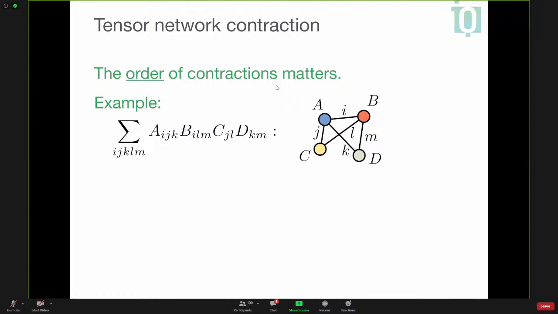Okay, and so here I wanted to illustrate this with a slightly more complicated example, just to build up the complexity of the tensor networks. So here's another tensor network of 4 tensors, A, B, C, D. Here, as you can see, all indices are shared. So the outcome of this is what? It's a scalar, right? Because if I contract all shared legs, then there will be no legs sticking out. So it means that my tensor will be just a scalar. Okay, so how could I go about contracting this tensor network?